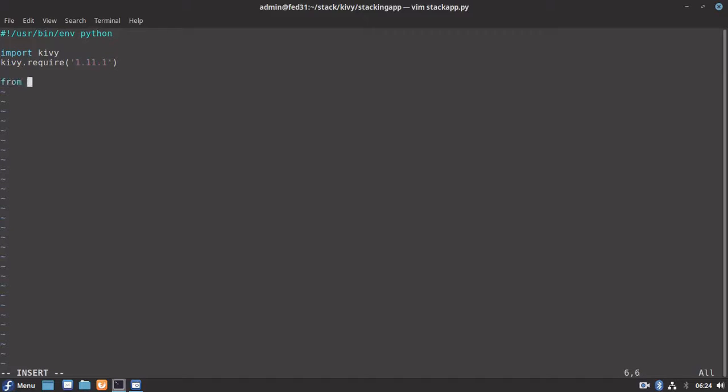The first class that we will be importing is the App class. The second class that we will be importing to use stack layout is StackLayout from kivy.uix.stacklayout.